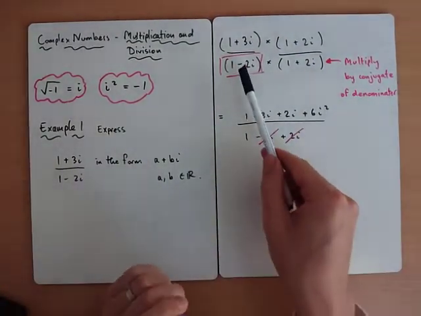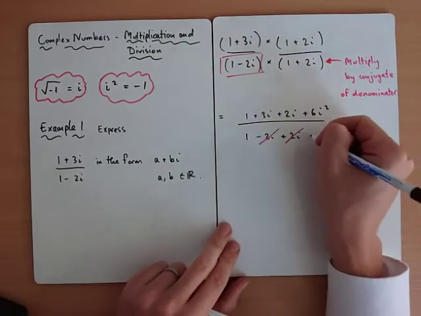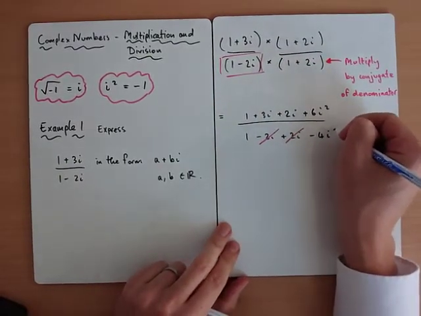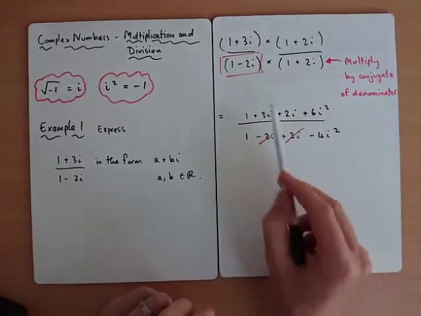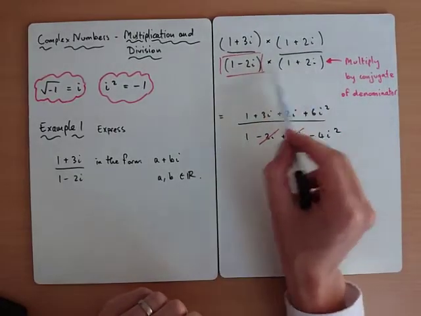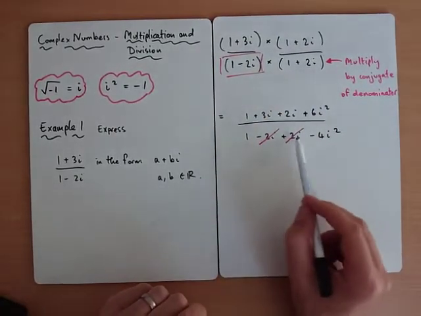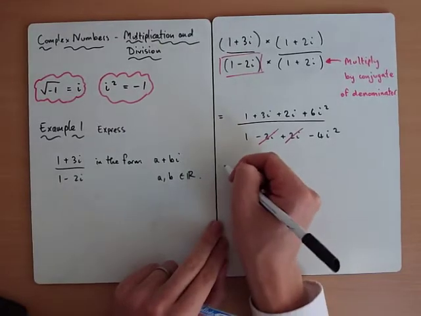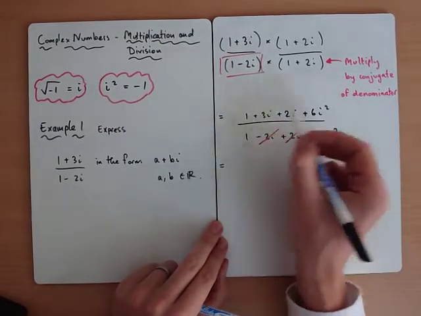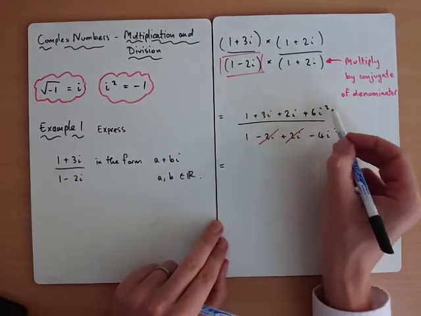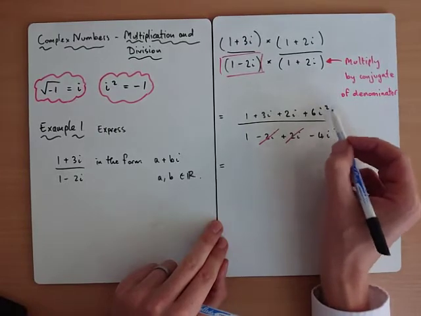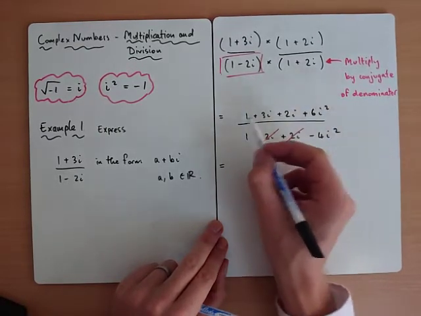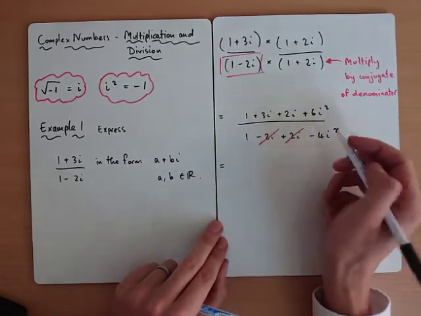And then we've got minus times a plus, so that'd be minus 4i squared. The reason why we multiply by the conjugate is when you do that, these middle terms always cancel each other out, and look what happens. Okay, so on top we've got, that would become minus 6, because it's i squared, so minus 6. 1 minus 6 would be minus 5,